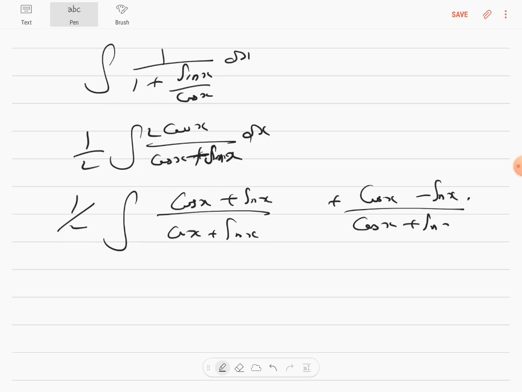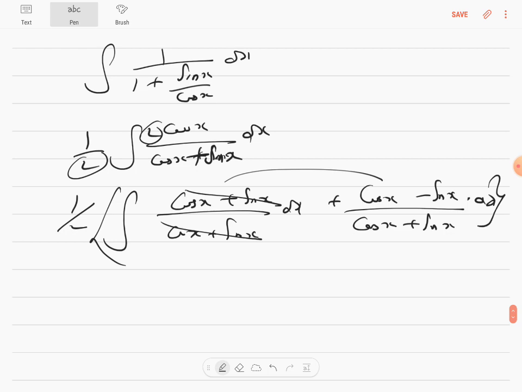Kind of a very different, weird sum wherein, out of the blue, you are multiplying and dividing by 2, writing the 2 cos x as cos x plus cos x like this, and adding and subtracting. So this and this get cancelled, it will be 1 dx, and 1 by 2 is common for the whole thing. So this will become integration of 1 dx, which is x, plus this will become,